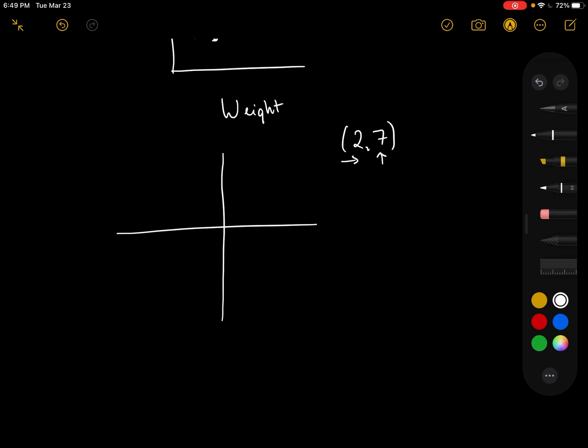So if we're on an XY axis, and you're given the point, let's say 2 comma 7, that means that you're going 2 to the right and you're going up by 7. So your first coordinate tells you left, right. Your second coordinate tells you up or down. So we want to be as exact as possible when we're doing these. And you'll have a bunch of coordinates to put on. So make sure, again,